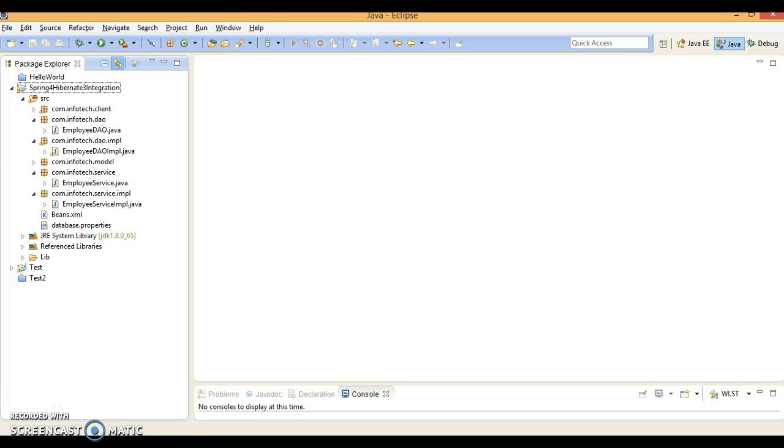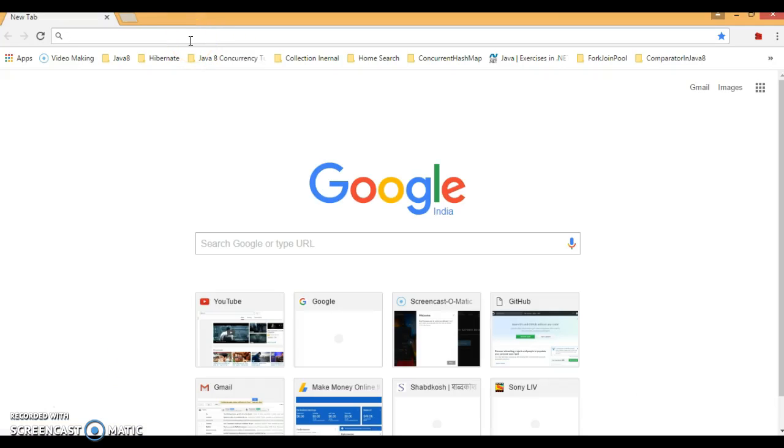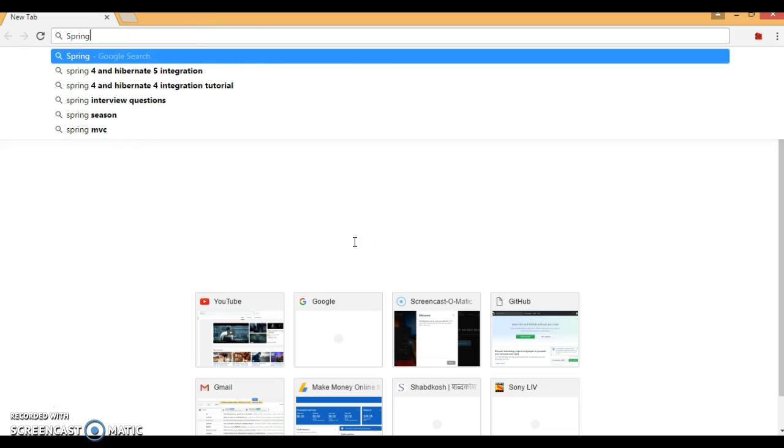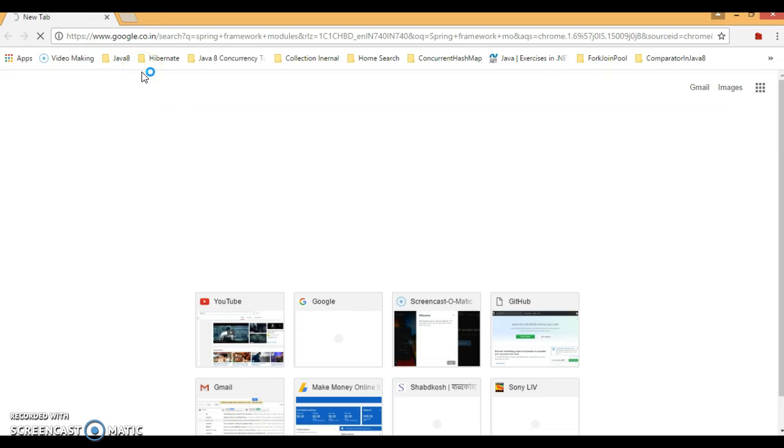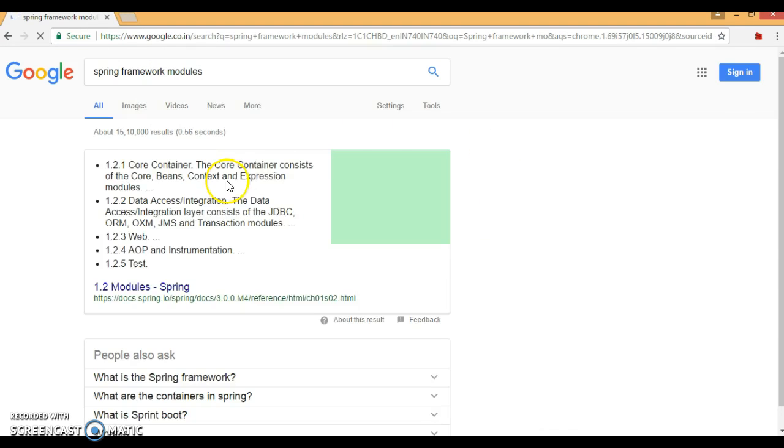So here, if you go to the Spring website and search for Spring framework module, you'll get the Spring official website.